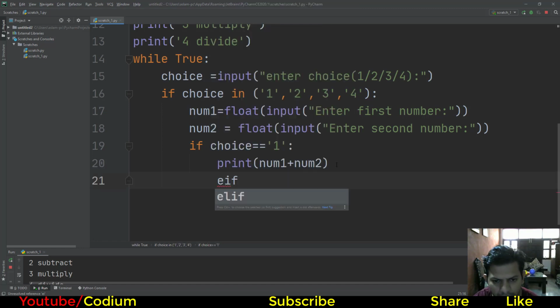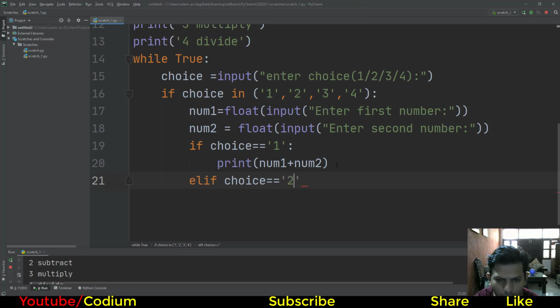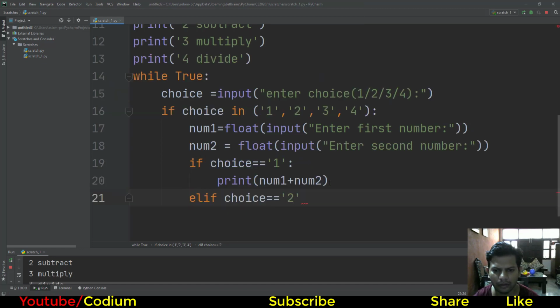Okay, copy paste, or you can use elif, choice is equal to 2, so print num1 minus num2. If the choice is 2, what happens? Print, choice 2 is for subtraction, minus.